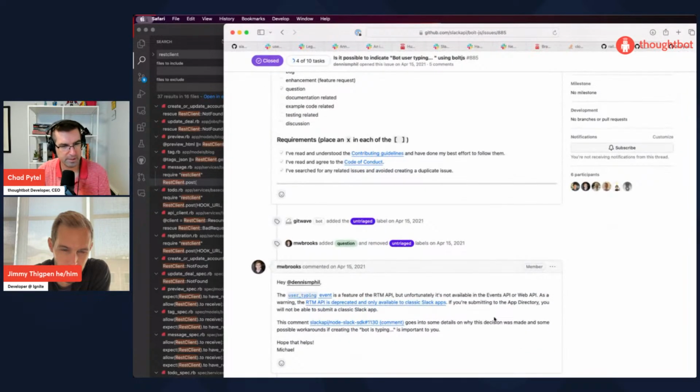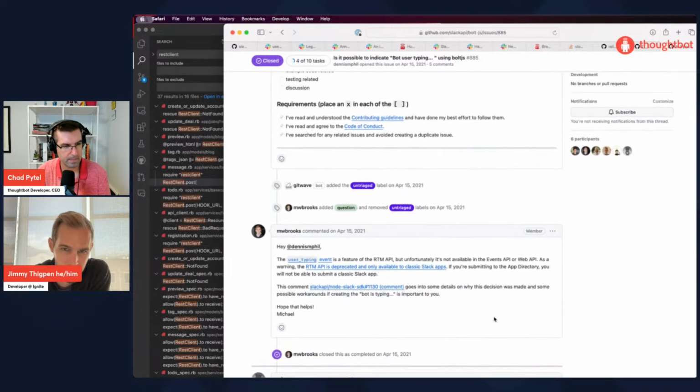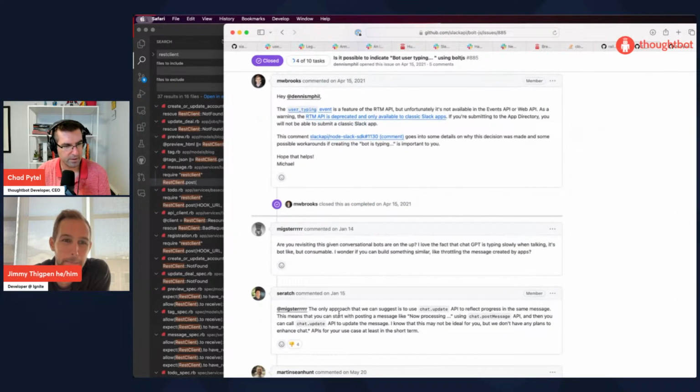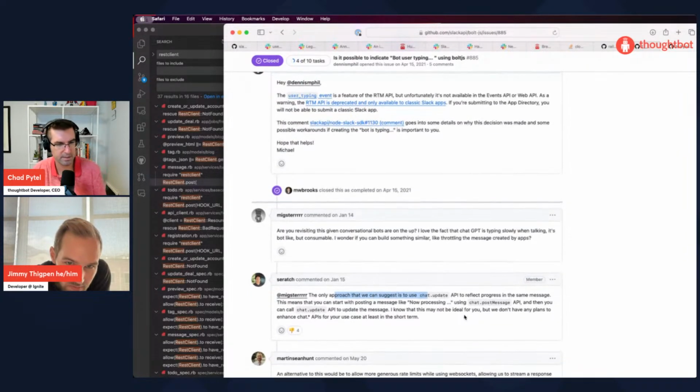Unfortunately, it's not available in the Events API or the Web API. The RTM API is deprecated and only available with classic Slack apps. Maybe at one point we can use the real-time messaging API. But yeah, the only approach that we can suggest is to use the chat.update API to reflect progress in the same message.